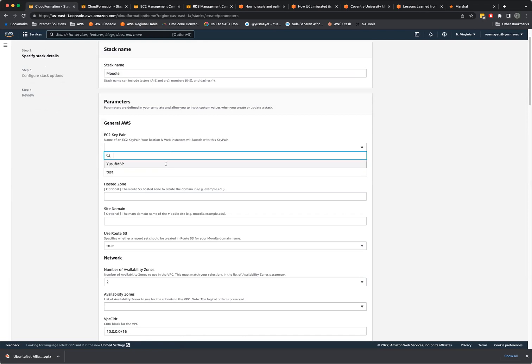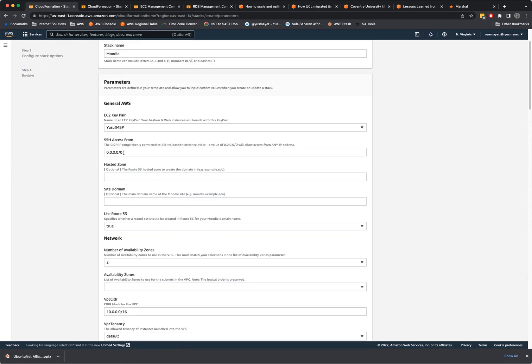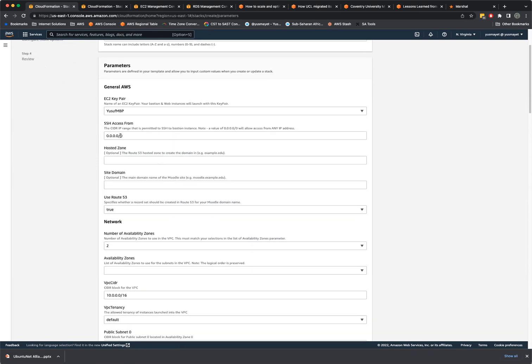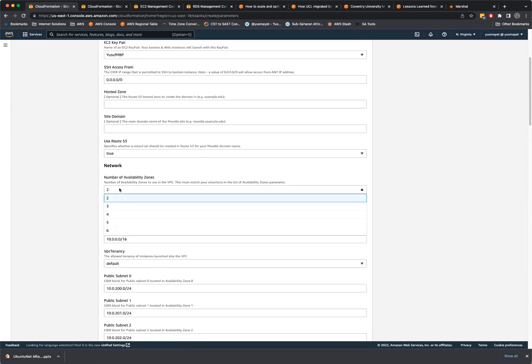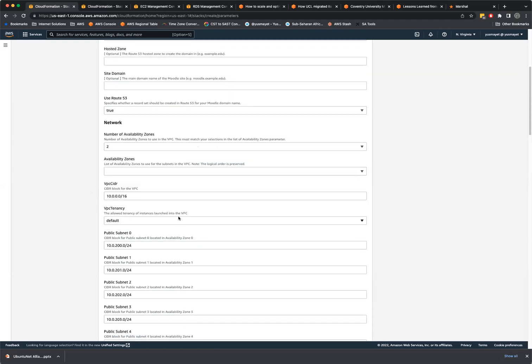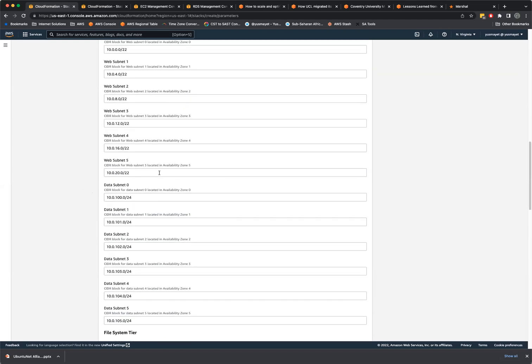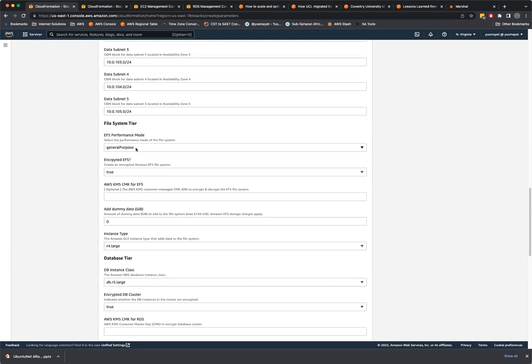I choose my SSH key. I choose where I want to allow SSH from. I choose how many availability zones I want to host Moodle across. Again, this will impact how highly available it is and how many points of failure you're willing to tolerate. It allows you to customize the network and the subnets. I can choose a different performance mode and different features. For my file system, I can choose different types of I/O. In terms of